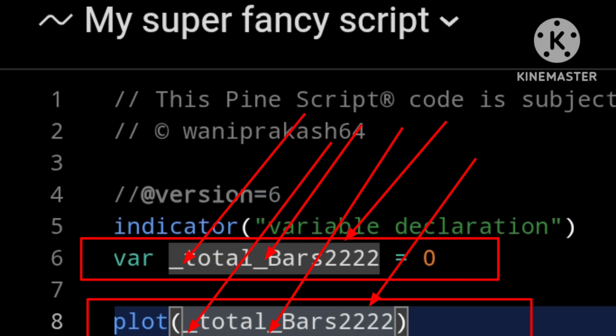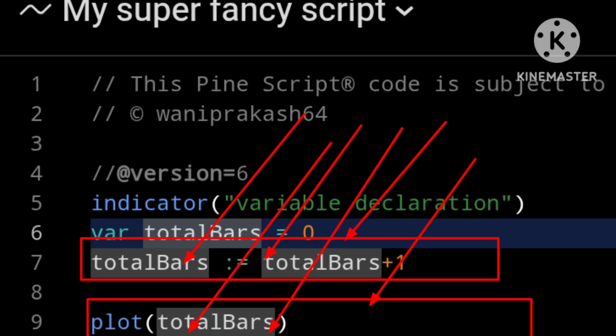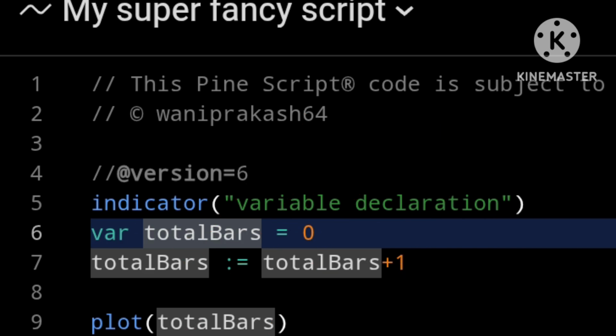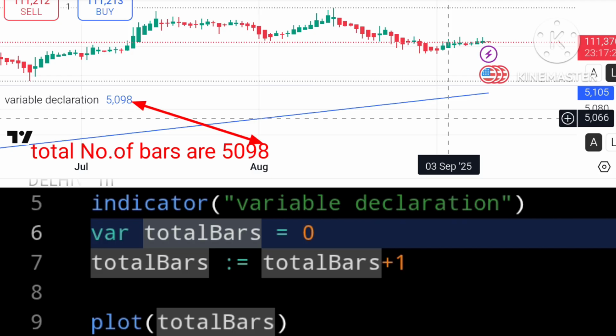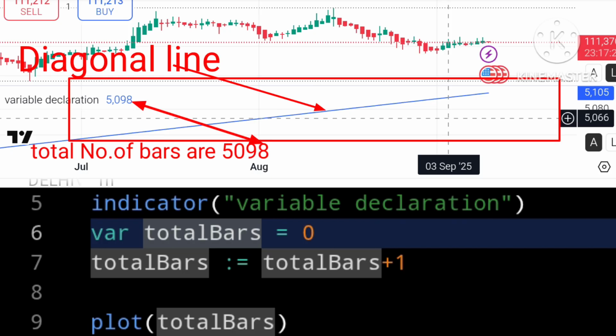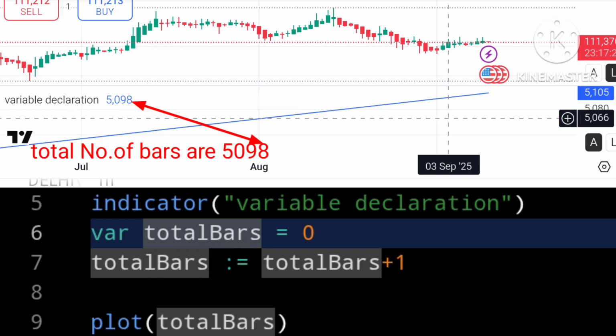But anyway, let us wrap this lesson up by counting how many bars in total have drawn onto our chart. To do that, all we need to do is increment our total bars by 1 whenever our script runs on a new bar. So let us save the script and see how many bars are drawn onto our chart. There you can see a diagonal line all the way from bottom left to top right. You can see that we have had 23,553 bars plotted onto our chart in total.